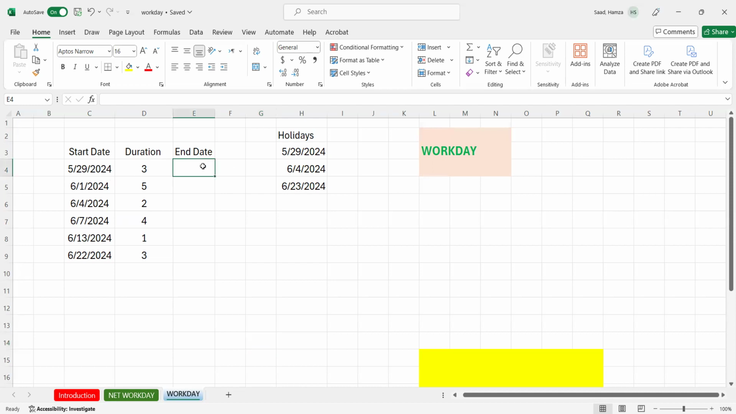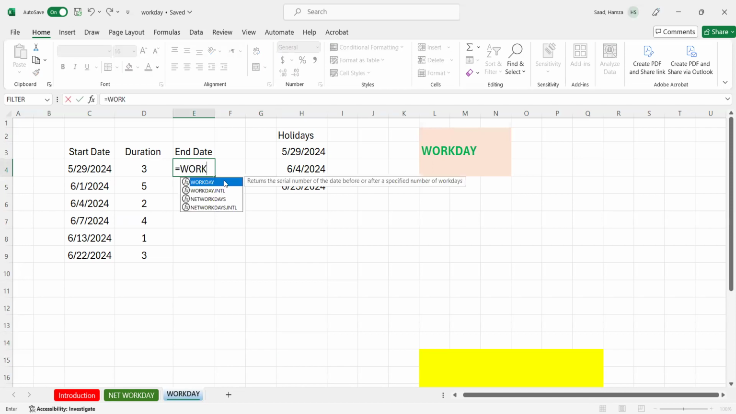What I'm gonna do here, I'm gonna say equal WORKDAY. Now in the WORKDAY, I have 3 things: start date and duration plus holidays. Then for start date, this is my start date. Now for the number of days that I expect to work, I'm gonna include here duration. After that, I have holidays. For holidays, I'm gonna include this one